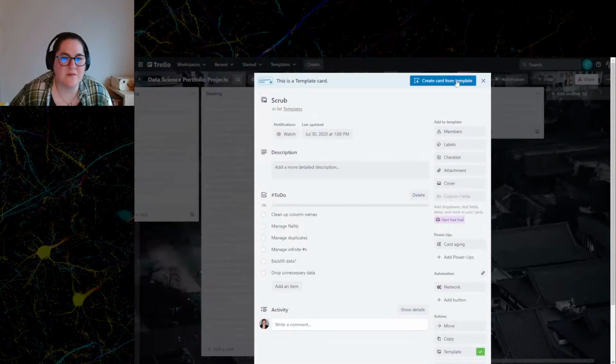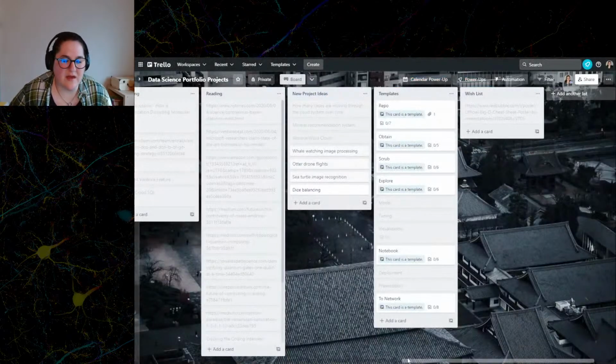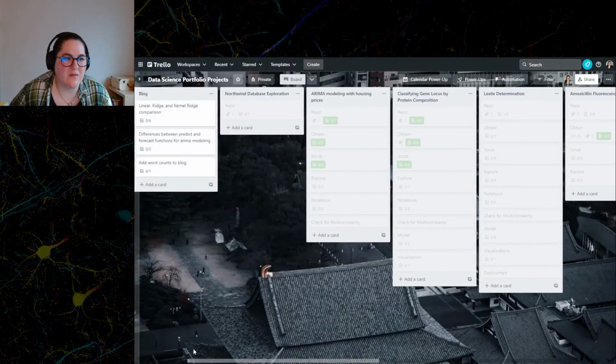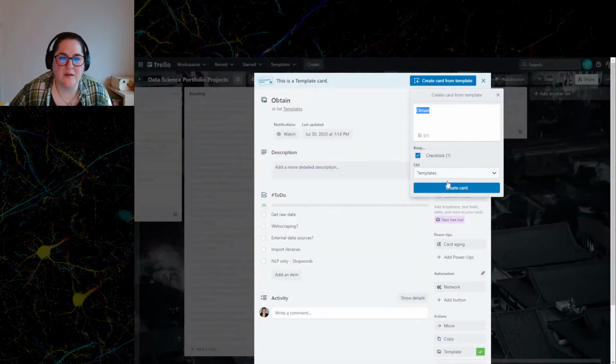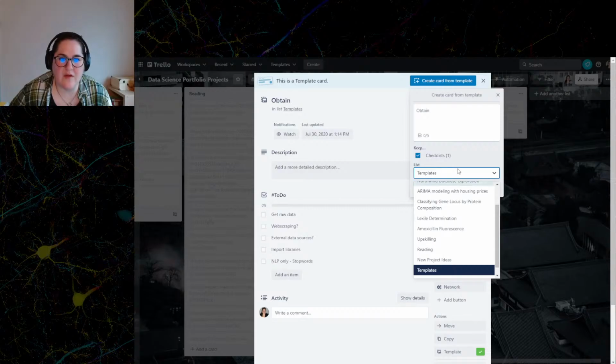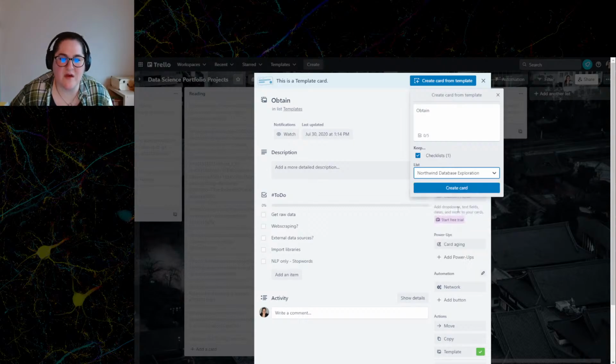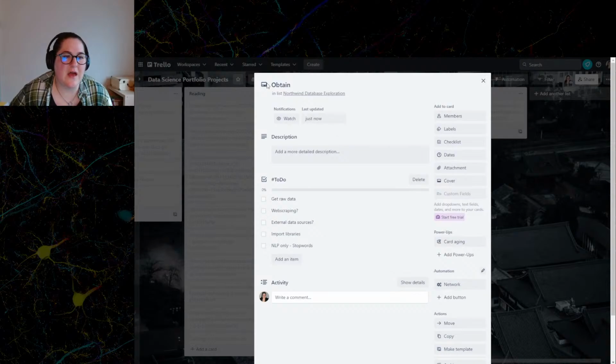And then scrub. This is kind of like a general list for how to scrub. And I think for Northwind database, the only thing I have is... so I'm creating a card from this template, and I want to put this on my Northwind database list, and I want to keep my checklist. So now I'm on the list Northwind database, and you can see that I have my to-do list here for